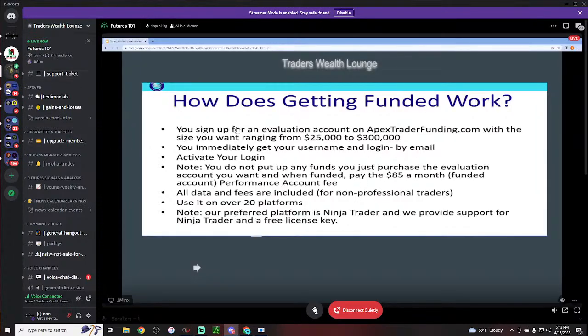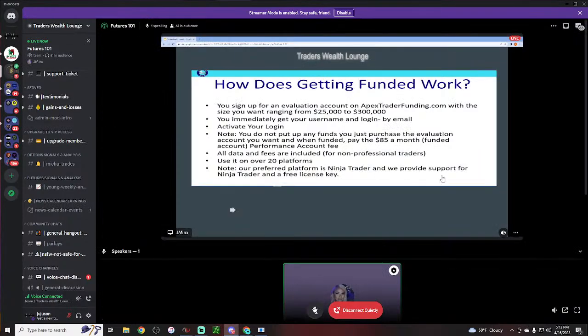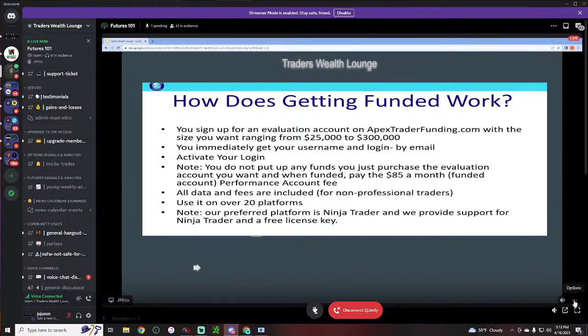Now, how does getting funded work? So basically, you would go to their website and sign up for an evaluation account on apextraderfunding.com with the size that you want, ranging from $25,000 to $300,000. You immediately get your username and login by email. You activate your login. You do not put up any funds. You just purchase the evaluation account you want. And if and when you pass the criteria and get funded, you would pay either the $85 a month,